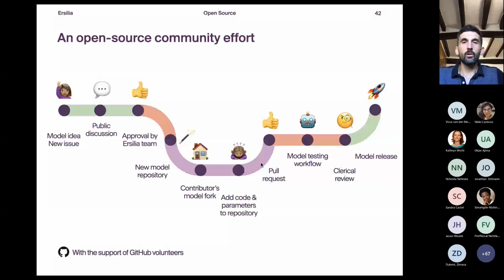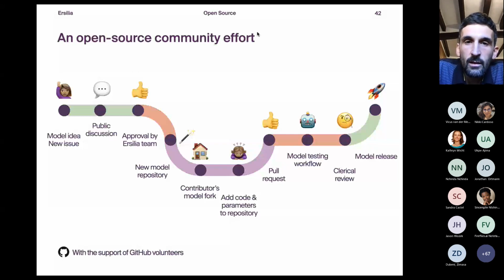How do we achieve all of this in a way that is scalable? As you know, we are a very, very small organization. So how do we achieve this in a way that is actually sustainable and scalable, and most importantly, can be up to date with the literature? We have come up with an open source community workflow that we really rely on. This is the idea where spontaneous contributors can emerge from all over the globe, and they can do their contributions.